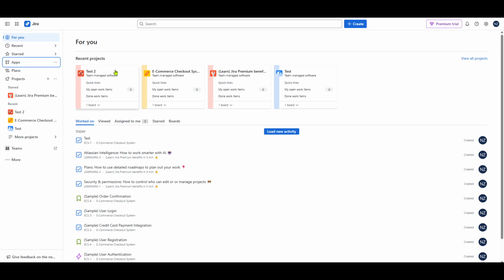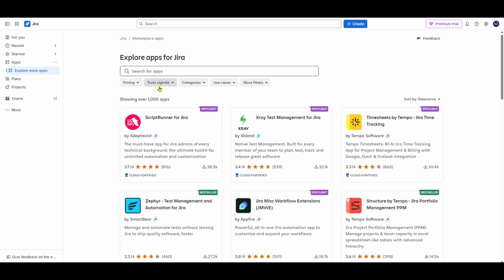Next, focus your attention on the Apps section of this menu. Click on Apps, where you'll find a list of various integrations and tools that can seamlessly enhance your Jira experience. If you scroll a bit through the options, you'll notice a button that says Explore More Apps. Clicking on this will take you to the Atlassian Marketplace, your go-to place for third-party applications, including our focus for